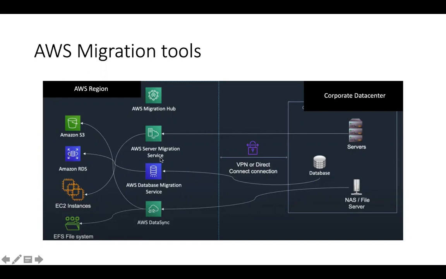And these server migration, database migration, and AWS DataSync use some existing services. Like AWS DataSync uses Snowmobile, Storage Gateway, or Snowcone, all these things. So we will talk about that tomorrow in detail. But AWS migration has these three things. One is for server migration, this one is for database migration, and this one for storage migration. So we will talk in more detail in tomorrow's class related to migration.